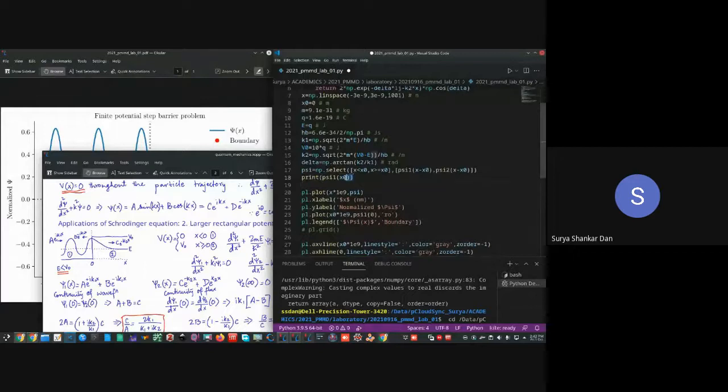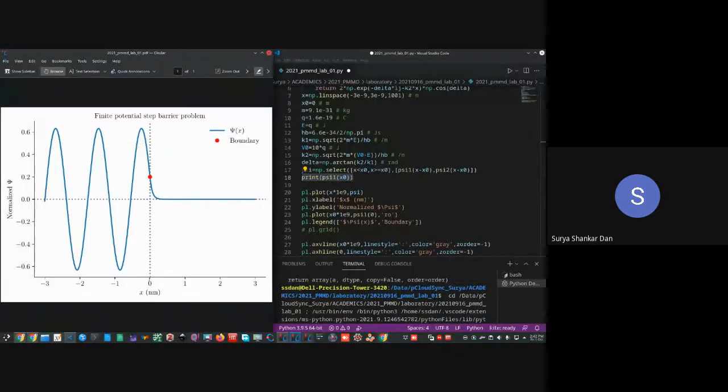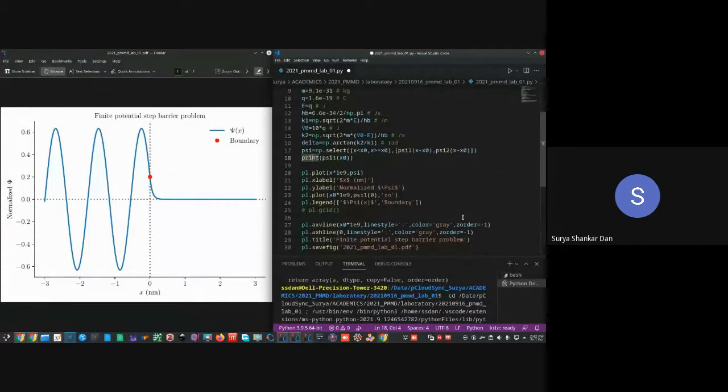The reason I have printed this out, which is not necessary as part of the lab, is that I wanted to see, at x0, exactly where the wave function is penetrating the barrier, what the magnitude of psi is at that boundary. Essentially I am trying to find the probability of finding the electron exactly at the junction. That is something I wanted to see myself; it's not part of the question.